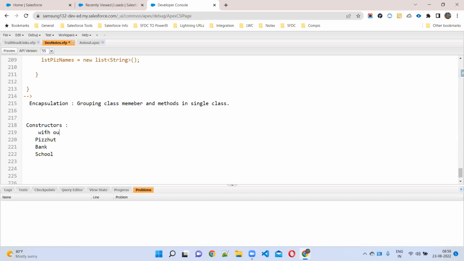With and without parameters, you have to use both constructors. And try to call them. So do these assignments.